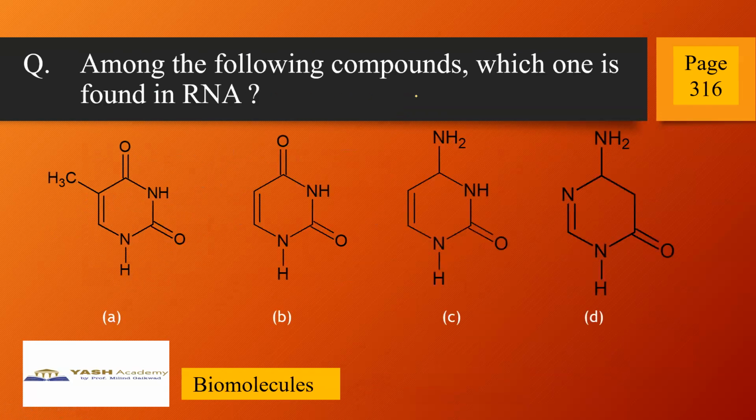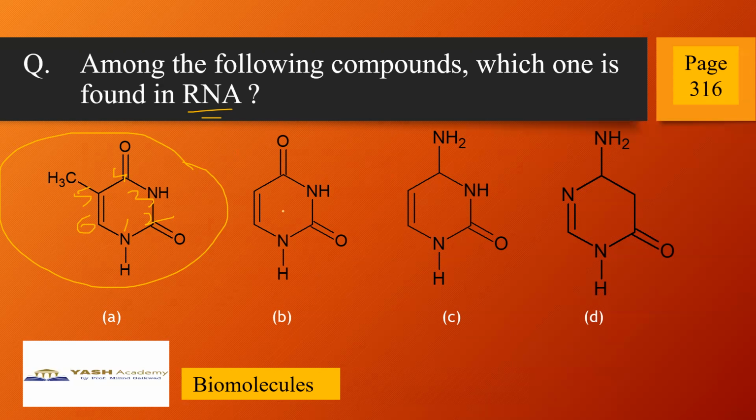Next, among the following compounds, which one is found in RNA, ribonucleic acid? So you are given 4 structures. So out of these 4 structures, you have to find out the compound which is used in RNA. Now here this structure is a structure of base pyrimidine, and 1, 2, 3, 4, 5 and 6 carbon. This is the